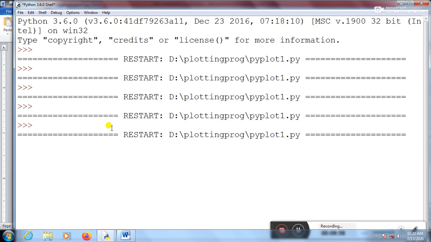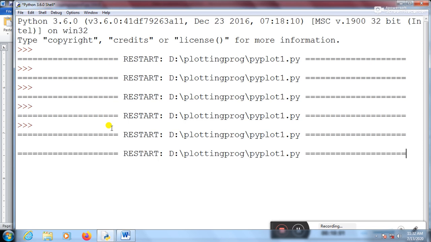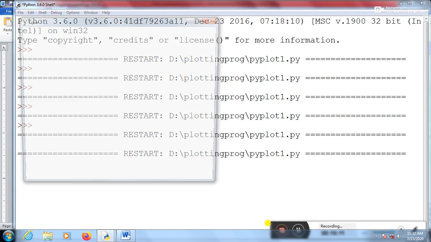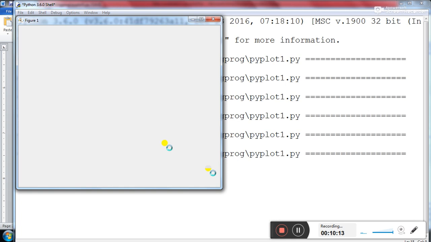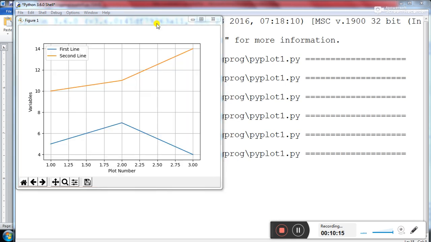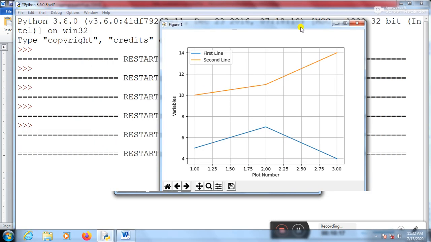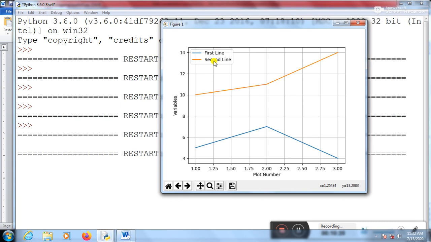Let's see what it displays. That is the first line, second line, both the legends are being displayed over here now. So first line, second line, as well as grid lines and all these things.